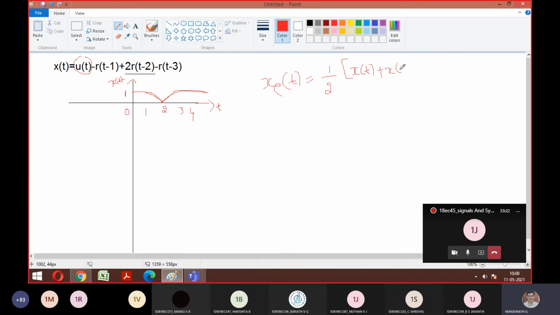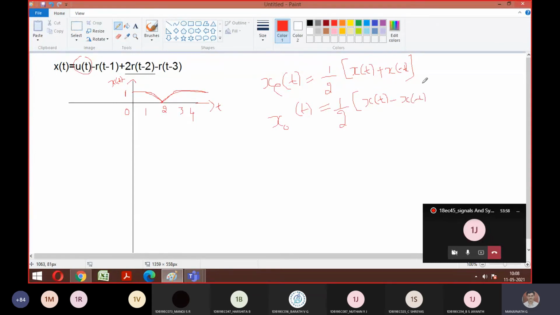Similarly, you have the odd function formula also. The odd function is equal to half of x of t minus x of minus t. Everything remains the same, only in place of plus I replace it with minus. You just need to have awareness of these two formulas, that's all. If you have these two formulas in your mind, then sketching of odd and even will be easier, because you already know how to do the addition and subtraction of signals. Okay? So x of minus t. You should have these two formulas.